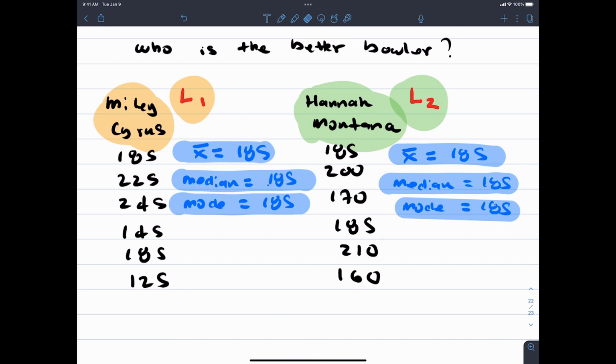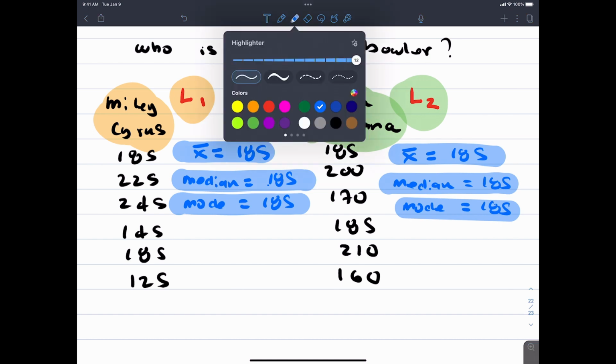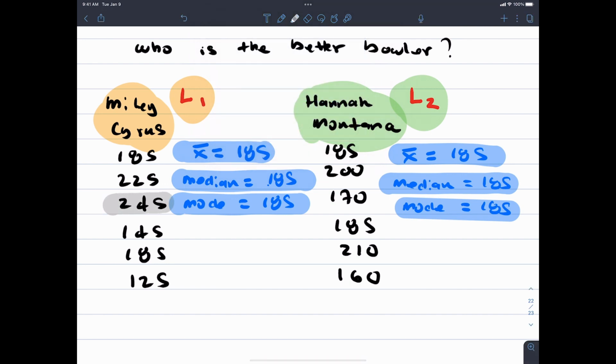Well, sometimes people say, you know what? I like what she did. What Miley did was she scored a 245. That was good. Oh, she scored a 225. That's good. But what's the problem? She also scored a 125 and a 245. Do you guys see that there? So some people will look at Miley's scores and they'll go, yeah, I like her high scores, but the risk is her low scores. You guys see what I'm saying? All right. Now, does anybody want Hannah? Who would rather have Hannah